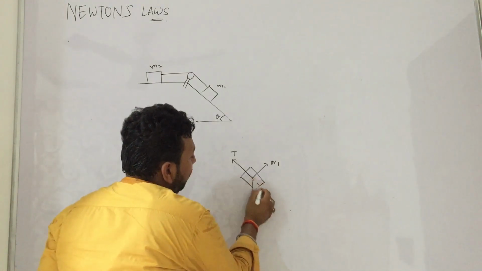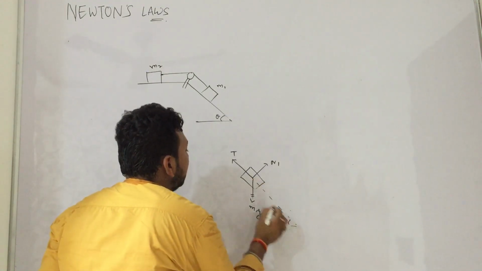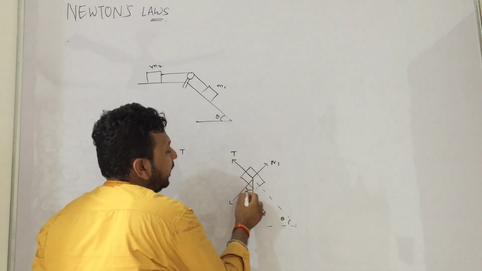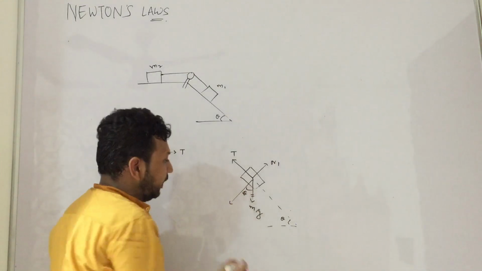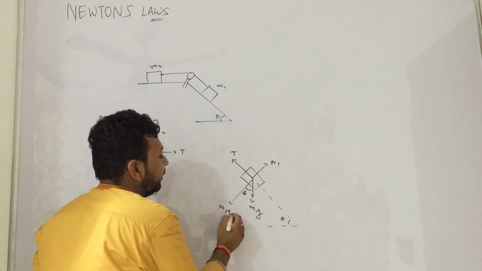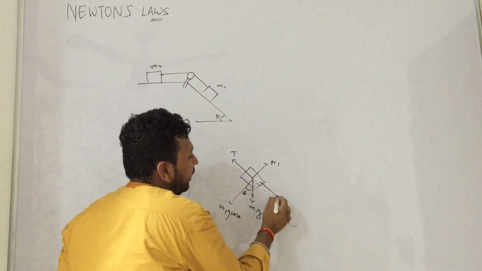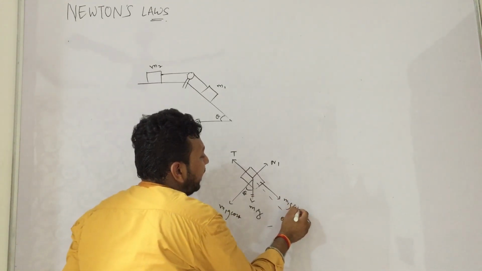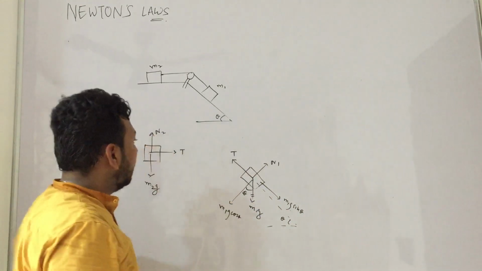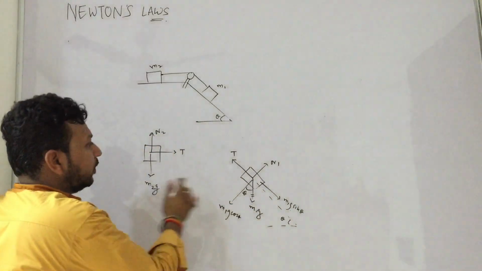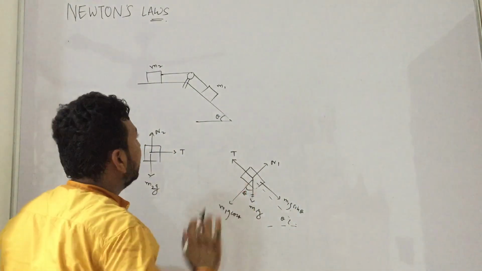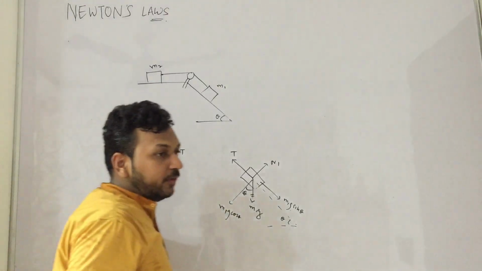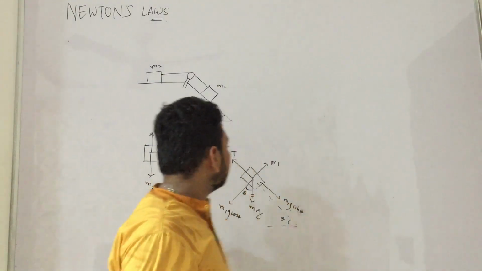Now again, this is theta, I will resolve it. This becomes theta by the same method. It will become m1g cos theta and then m1g sin theta, by the same method that we did just a minute back. So this is the FBD. Now what is the equation, you tell me? You can pause the video and write the equations, we will tell you.